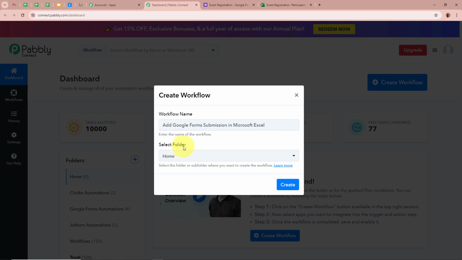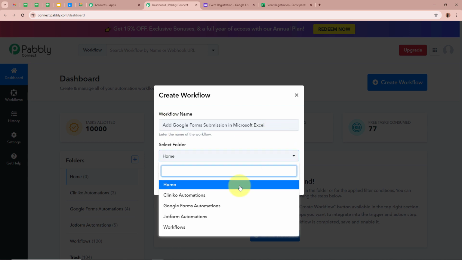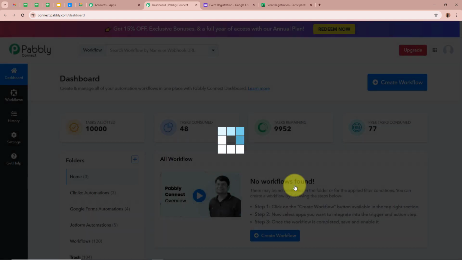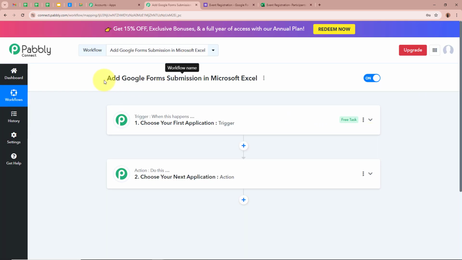Next, it is asking us to select a folder. On the left side of my screen, you can see I've created multiple folders in my Pabbly Connect account, from which I'm going to select a specific folder in which I want to save this workflow. For that, click on this arrow right over here. These are the folders that I've created, from which I'm going to select Google Forms Automations as the folder I want to save this workflow in. After giving a name to our workflow and selecting the folder, we're going to click on Create in order to create a workflow. A workflow is created in the name of Add Google Forms Submission in Microsoft Excel, and